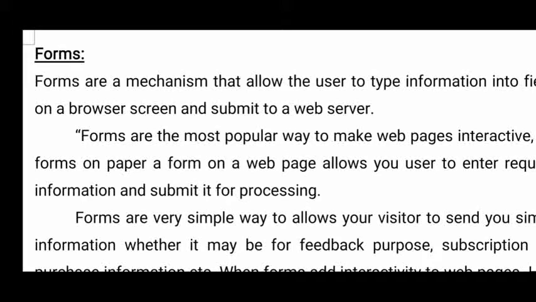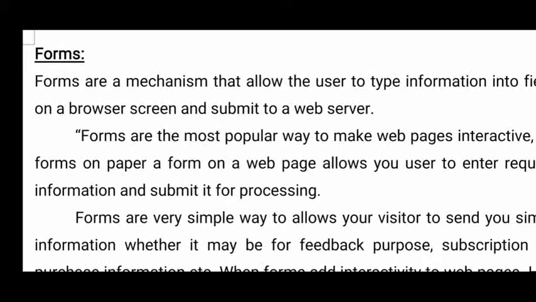For this I will give a simple example. Gmail and Yahoo Mail, before creating your mail, will give you an application form, actually a registration form, where you fill in your information: what is your name, what is your age, what is your date of birth, and what is your nickname. It gives some fields where you enter the information, and after entering it you click on register. Then your name is registered with that Yahoo Mail or Gmail. That is nothing but a form, displayed in the browser window.